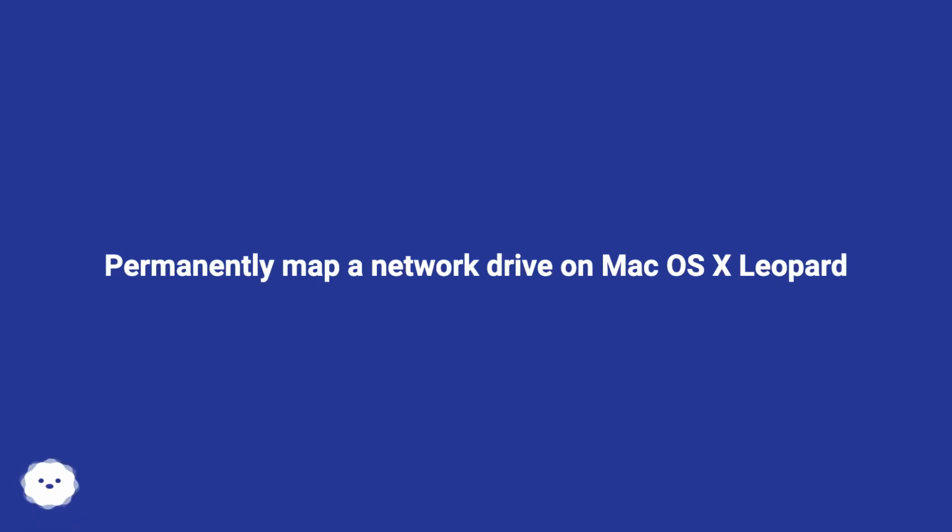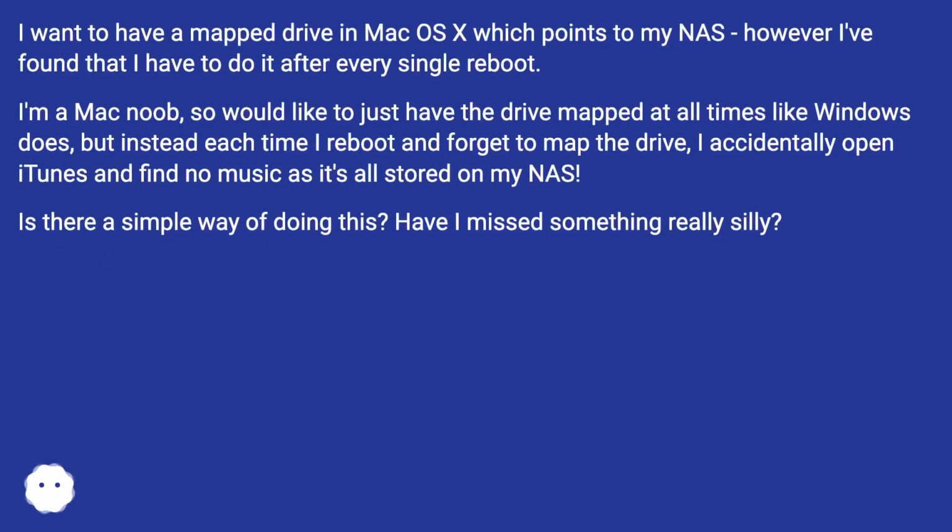Permanently map a network drive on Mac OS X Leopard. I want to have a mapped drive in Mac OS X which points to my NAS, however I've found that I have to do it after every single reboot. I'm a Mac noob, so would like to just have the drive mapped at all times like Windows does, but